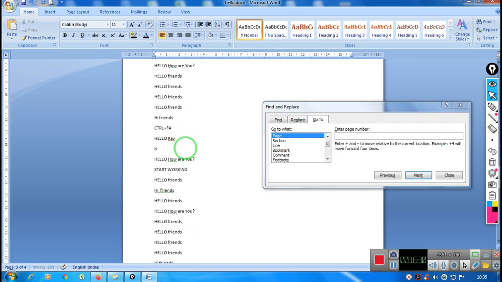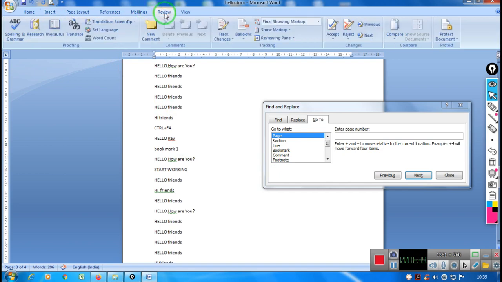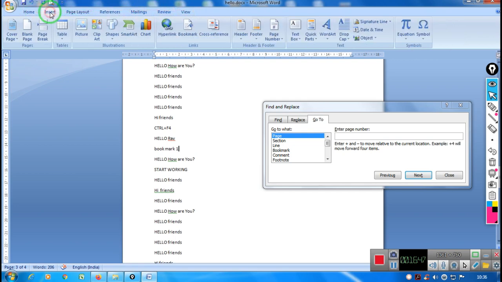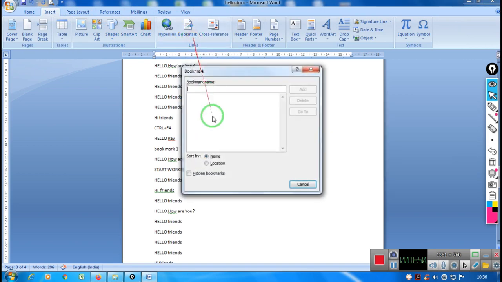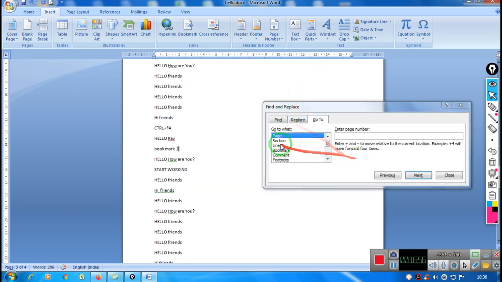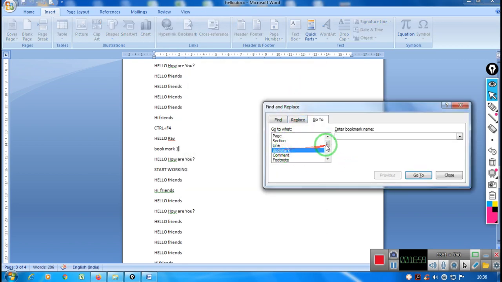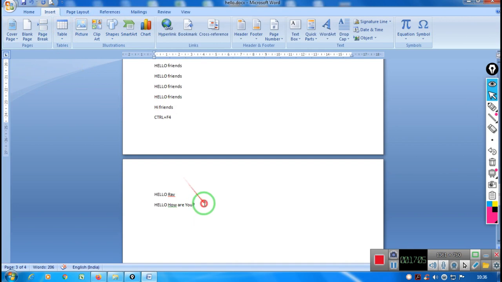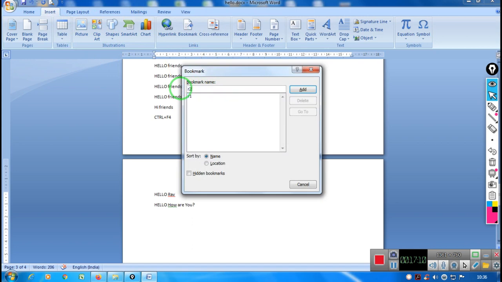I have created a bookmark, bookmark 1 over here. To create a bookmark, it's in reference, sorry, insert and bookmark. I've created a bookmark R1 over here, add. This is my bookmark. So I've created a bookmark. I'll create one more bookmark somewhere over here at the end. Insert bookmark, and I want to create a bookmark R2.